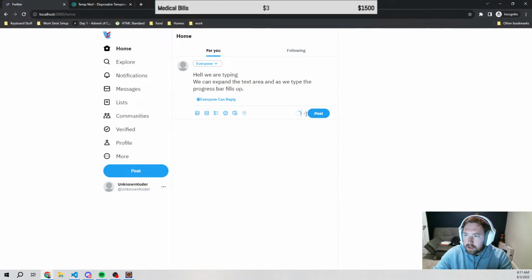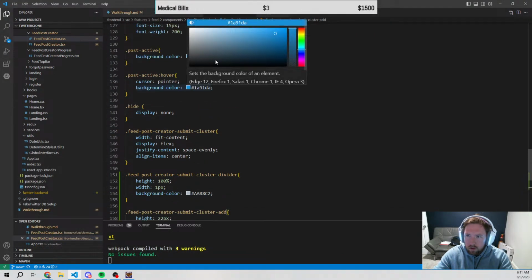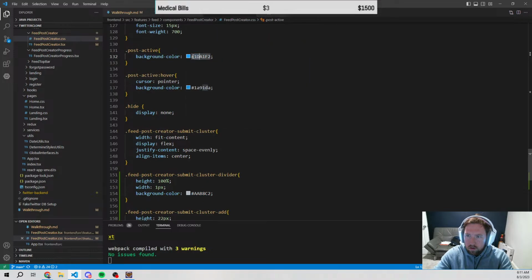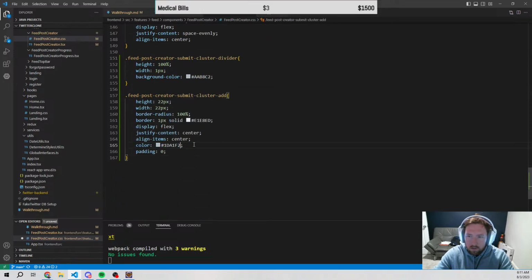It's still not centered, so we're gonna have to do some ugly stuff to make it centered. Actually, it looks like this should be blue, so we'll grab the blue color. And really, these should be vars that I can access from anywhere in CSS, but